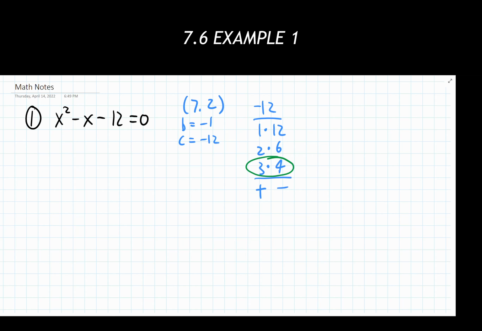And because this is the 7.2 material, we can jump right to our fully factored answer, which is having it written as x plus 3 times x minus 4. I'm just bringing down the equals 0 on the way. So we've just done step 2. We fully factored the left side of this equation. We fully factored the quadratic expression specifically.